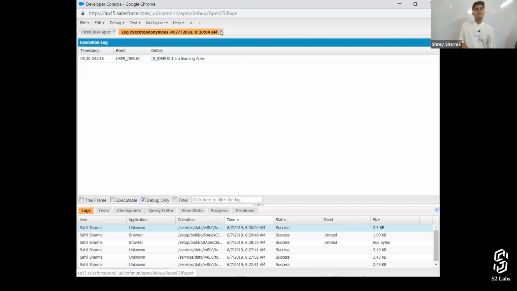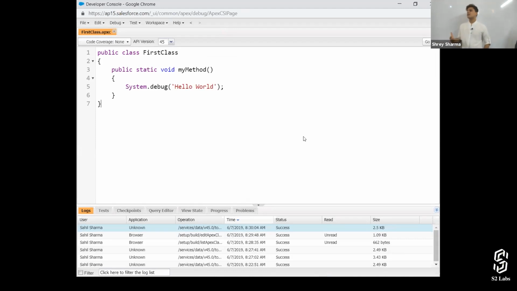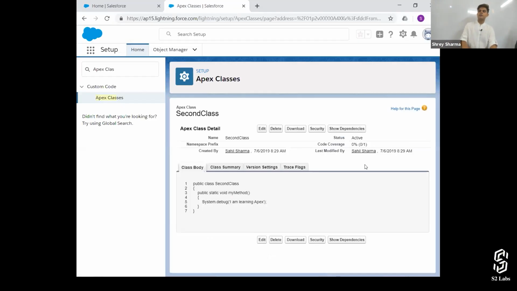So that's another way, or another place, where you can write the code or edit the code related to Apex, which we call the code editor in setup, right? That's a code editor, nothing else. It lacks multiple functionalities which are there in developer console. So it's your choice where you want to write the code. I would prefer you to write the code in developer console. But if there is a case you are not able to do that, or you do not want to do that, use the code editor. Is it clear, everyone? Okay.